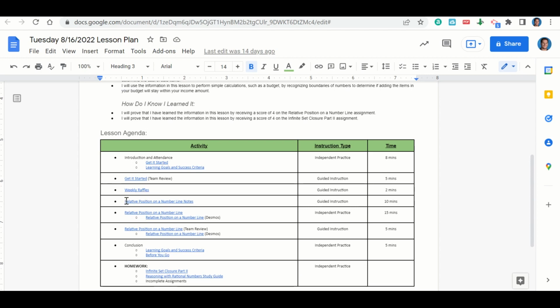After that, we'll go over the relative position on a number line notes, and then you'll complete the relative position on a number line assignment. Once you've completed the assignment, we'll go over it together and answer any questions that you may have. At the end of class, we'll go back over our learning goals and success criteria while you fill out your